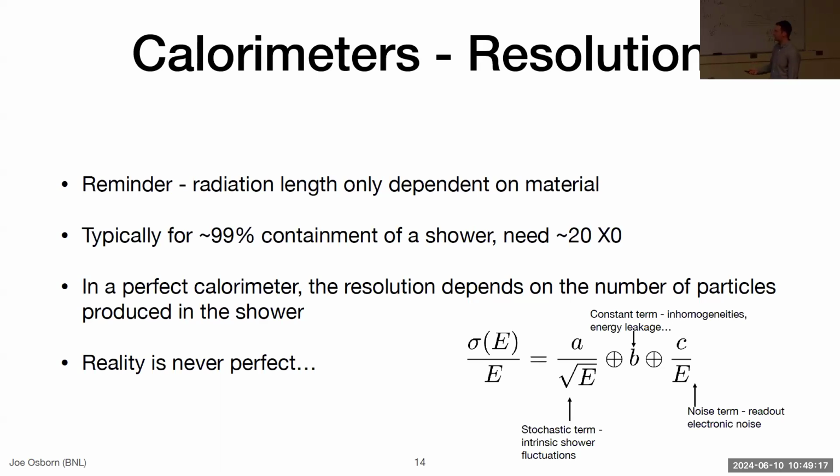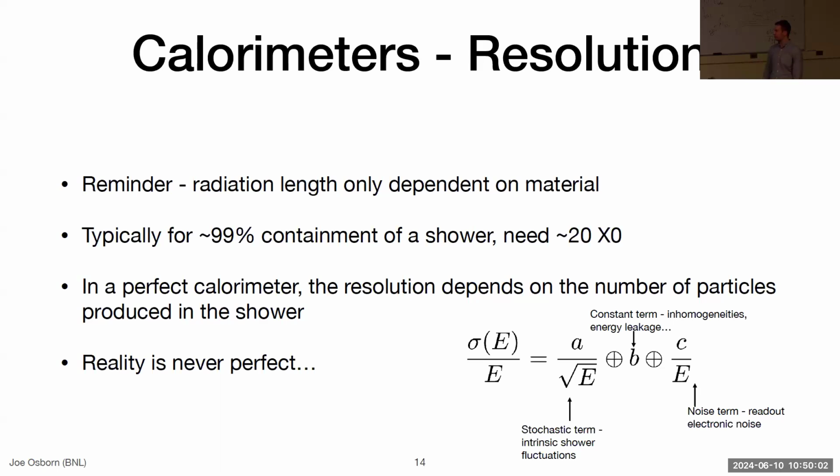So what I'd like to emphasize is that in a perfect calorimeter, the resolution depends only on the number of particles produced in the shower. Of course, your shower has some statistical fluctuations because not every shower develops the same. Since you can imagine there are so many particles that are produced, you may have different combinations of electrons, positrons, and photons that you need to collect. So in a perfect calorimeter, the resolution depends only on the number of particles that are produced in that shower. And this is the 1 over square root of E term. This is called the stochastic term, and is really just related to intrinsic shower fluctuations of the particular material